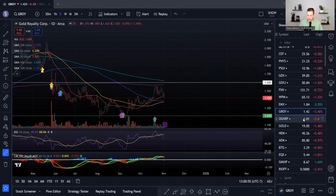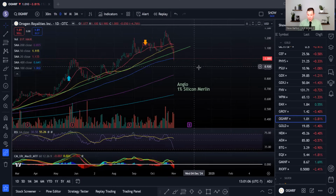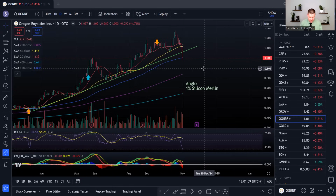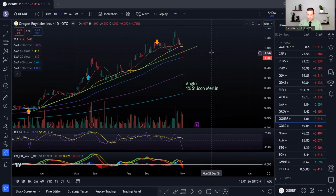And Origin Royalties is down 13.8% for the week. I'm not really sure what happened here, if anyone knows, but it blew through our little green upward channel trend line right here. I don't think there's anything fundamentally wrong with this company. This company's worth 200 million, right? So usually when you see something like this, it's one guy selling off his position. I mean, we do have their earnings reports coming up at the end of the month, but I believe Anglo Gold's,